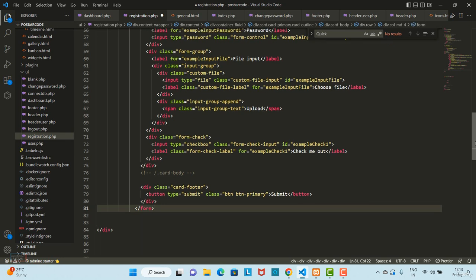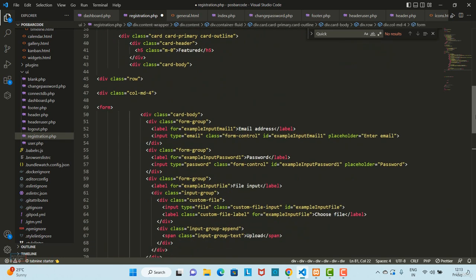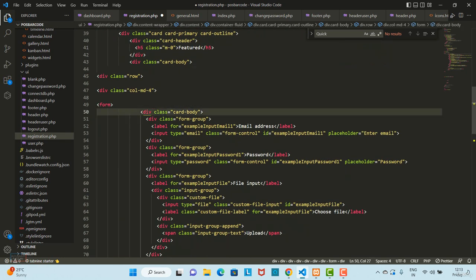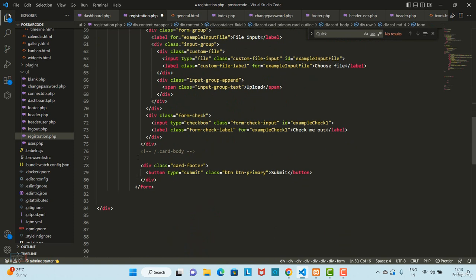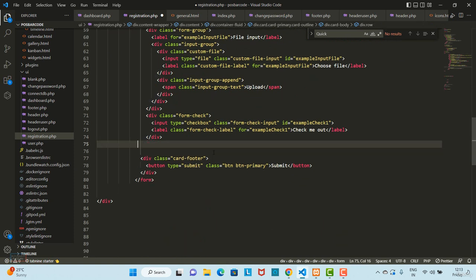Okay, but I will remove, you can see here the card body, so class form, so card body I'm going to remove from here. Okay, and the division of card body let's remove. Okay,